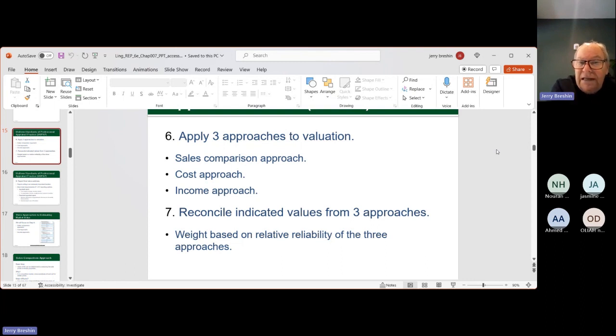Because the value of an income producing property is not only the value of the structure and the value of the land. That's easy to estimate. The added element is the income that would be generated from the business over time. This home on this property is worth 300,000. But because it's a grocery store, it's a restaurant, it generates in profit $50,000 a year. What is the value of that property?